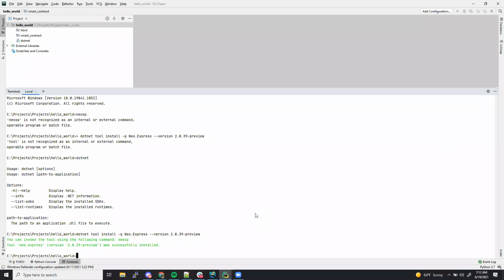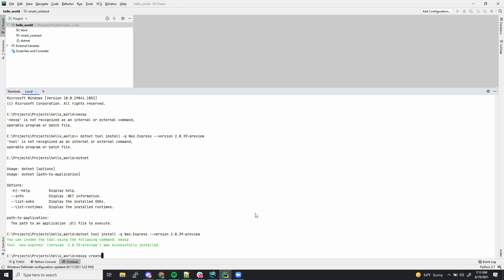So if you're not familiar, Neoexpress is a private net ecosystem for developers to run locally, but if you wanted a staging environment for your team, it can also serve that purpose. Okay. So the next command that we're going to run now that we have Neoexpress installed is neoxp